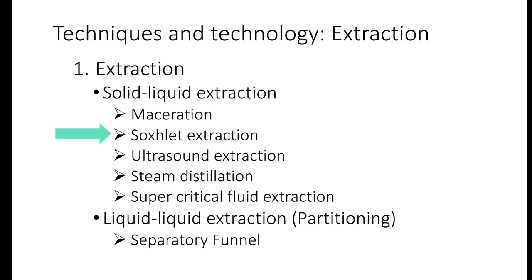Next, Soxhlet extraction uses a porous thimble loaded with the solid sample. It is placed inside the main chamber of the Soxhlet extractor. Then, the solvent is continuously heated and condensed. So, the condensed solvent will pass through the sample and extract the desired compounds while recycling the same batch of